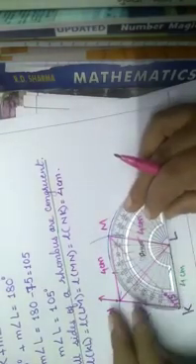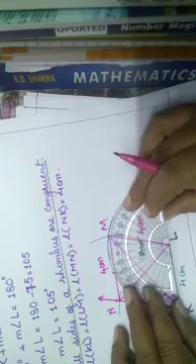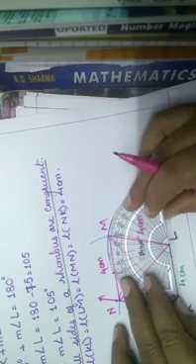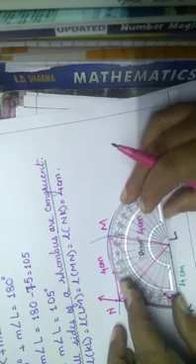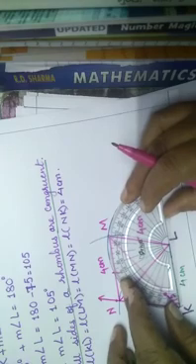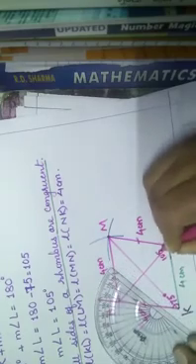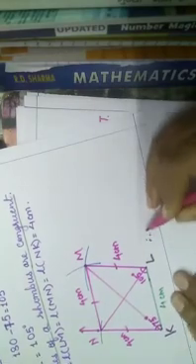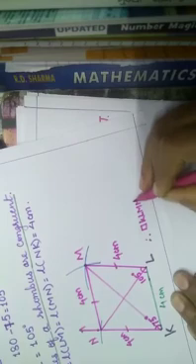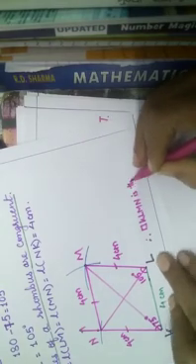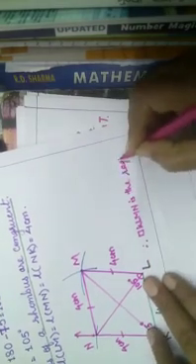And now measure this angle L. Measure this angle as L. So it is what? 105. Exactly you will measure it. So you will get it as 105 degree. So this measure is 105 degree. Put the measure and write down the answer. Therefore quadrilateral KLMN is the required rhombus.